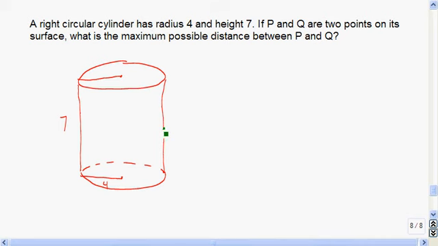Well, if this is P and this is Q, then the distance between them is just the diameter, so that would be 8. If Q were instead right here, to get the distance, we're measuring just the length of the line segment that joins them. In fact, the way that we're going to get the biggest possible distance between P and Q is if one of them is here and one of them is here. So it's along this kind of diagonal of the cylinder that we're going to get the maximum distance between the points. So if we form this triangle,